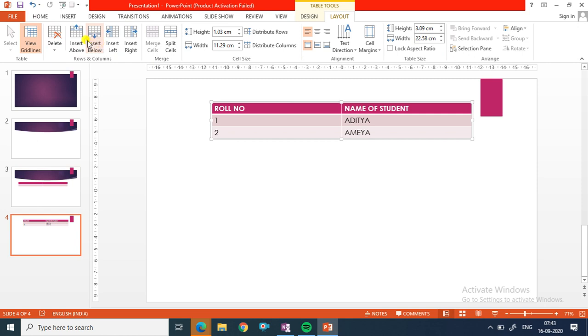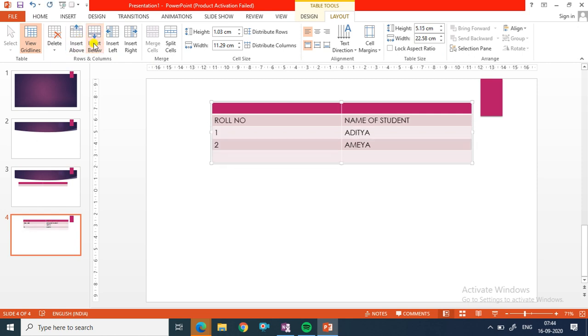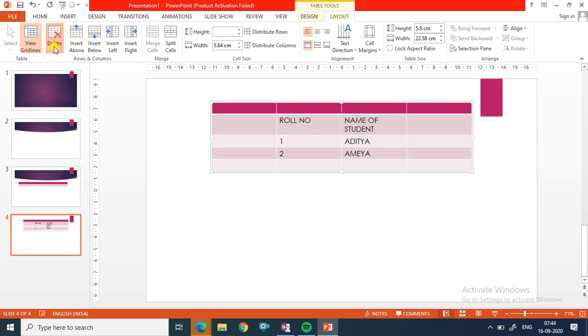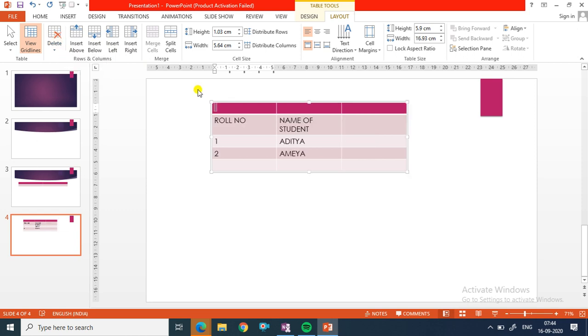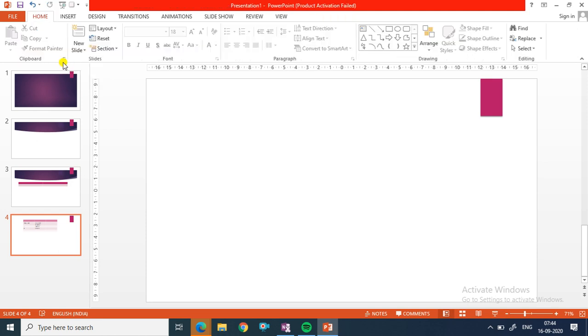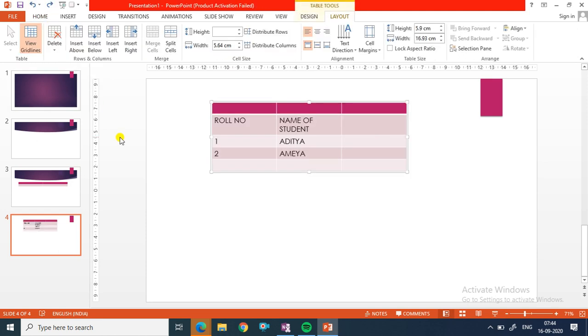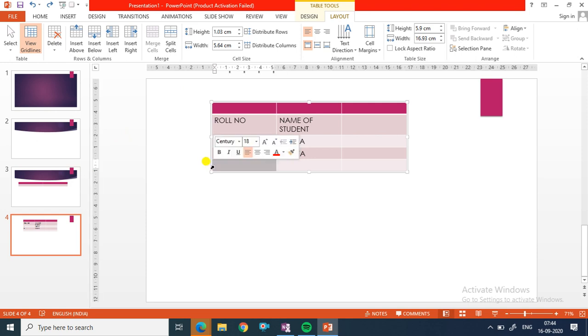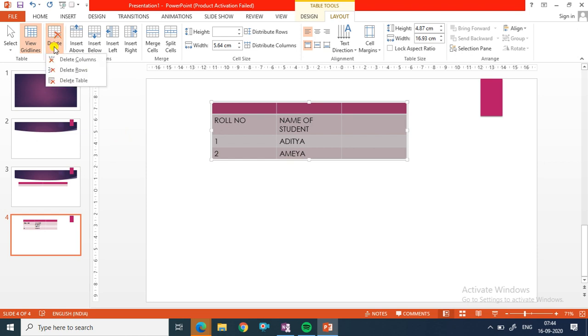First select the table, insert above, insert below. We can insert the column like this. Okay. Even we can delete the column. First select it, delete the column. Fine. Again, if you want to delete the rows, delete the rows, and even we can delete the table also. Fine.